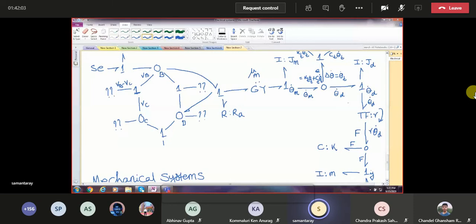So here the effort is R f. That is the torque. And that torque is applied onto theta d junction. So both things happen simultaneously. You have velocity transformation from angular to linear domain. You have force transformation from linear to angular domain. Both things happen simultaneously. You don't have to worry. You do one thing correctly, the other thing will be automatically done. Okay? Is that clear?